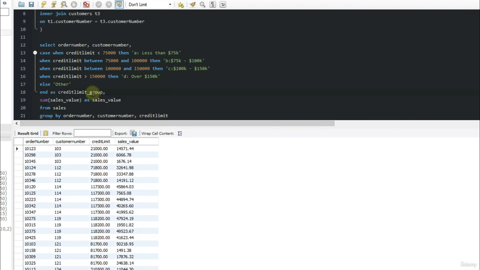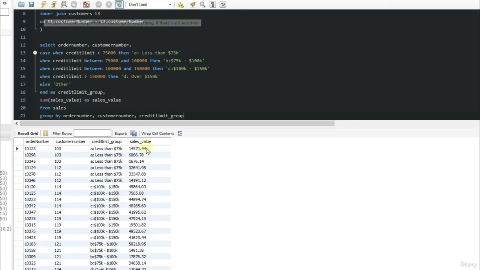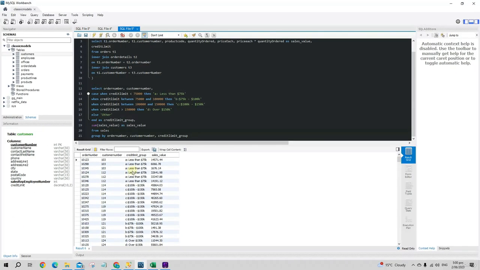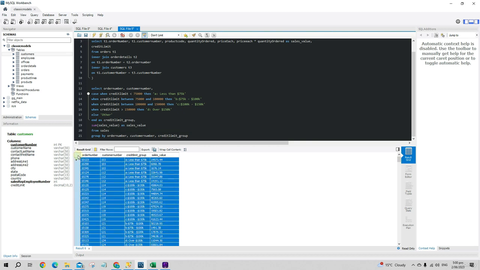Okay, so now we just have to change what we're grouping by to the new column name, credit limit group. And if we execute this, and now it's grouped. Okay, so let's copy this data into Excel by just clicking on the left and the top corner again, Control and C,